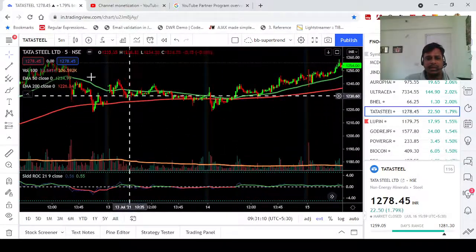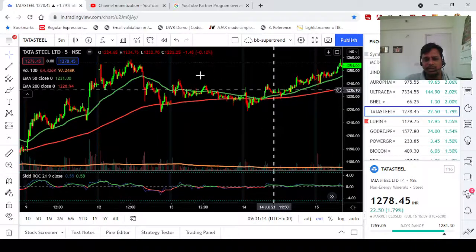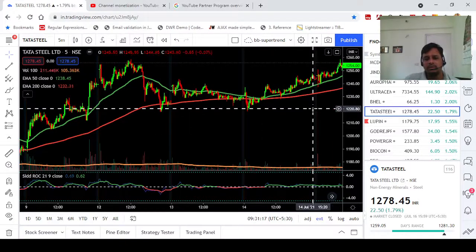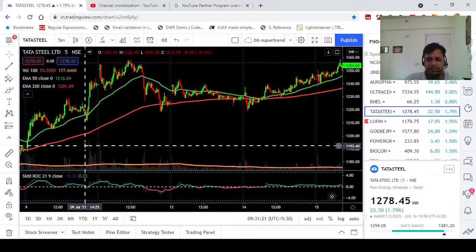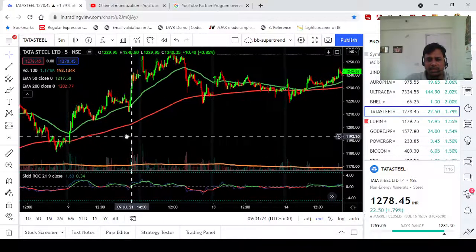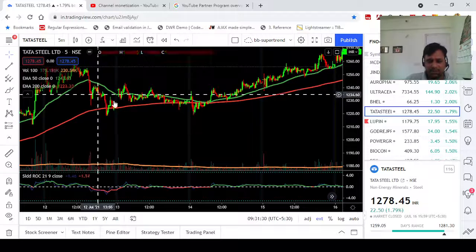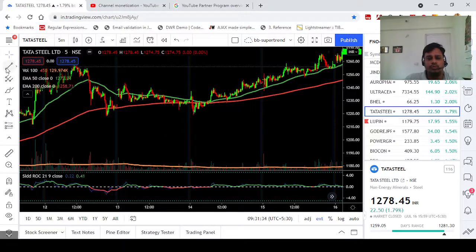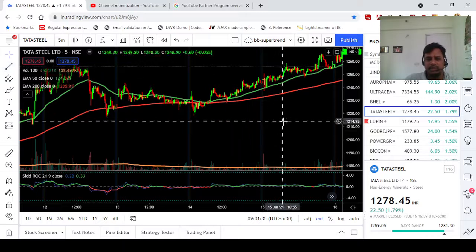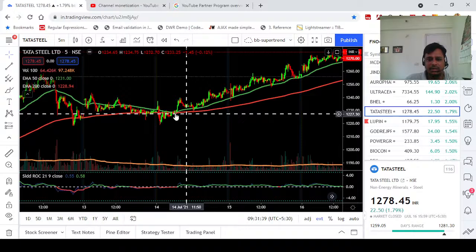Okay. Again, it is coming down, but it is moving up. That's why I am telling you again and again that the 50 moving average and 200 moving average both should have the same kind of direction. If both don't have the same kind of direction, then you should think that some crisscross will happen and sideways movement will happen. So when both are exactly in the same direction, then you trade.